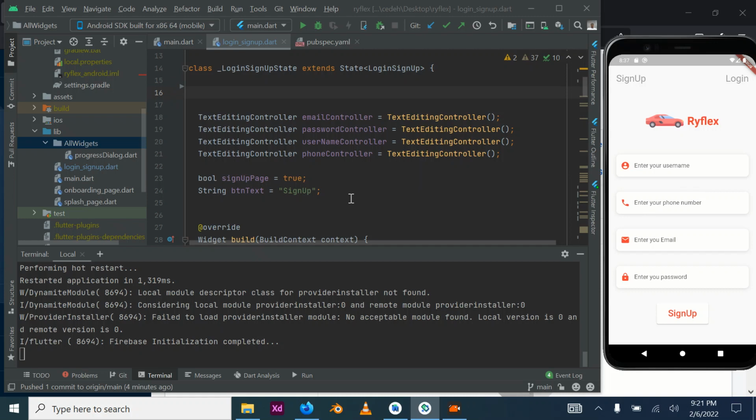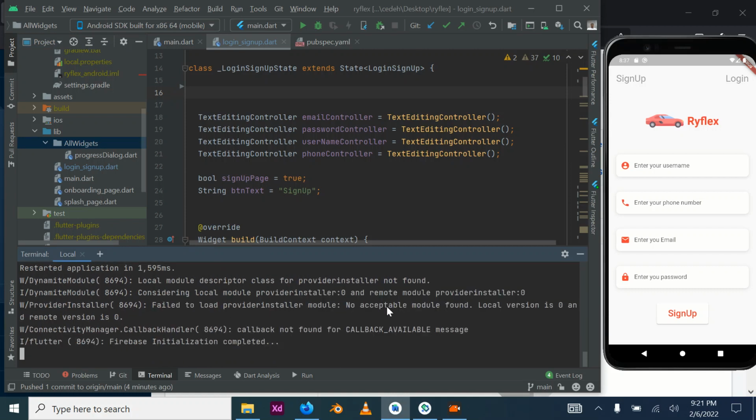So today we will be looking at how to submit data into Firestore. This user data that is being supplied here, we want to store it so that we can show it or display it in the user profile, as well as use it in our app whenever we need it. So without wasting much of your time, I will go ahead and